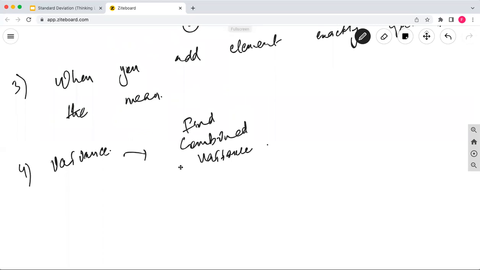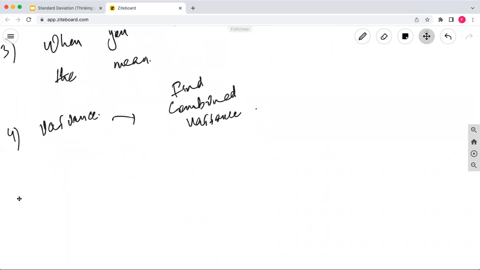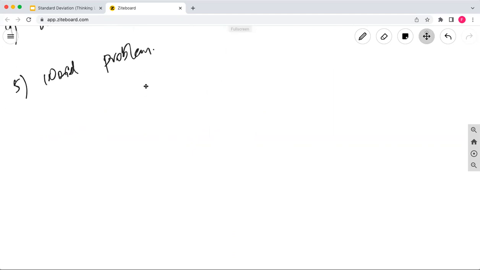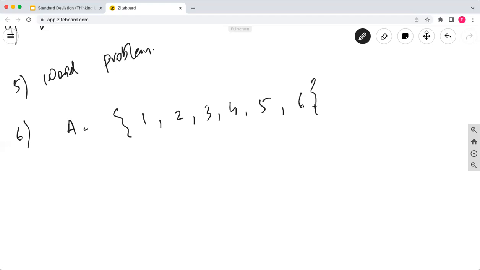Okay, and the fifth one was in the word problem form. And the last thing, which just came in one of the student exams, and for that you need to think yourself. I'm just giving you an idea about that. The thing is, you are, for example, provided with this data set 1, 2, 3, 4, 5, and 6. And if I say its standard deviation is x, for example, we don't know, just consider this x. If I say that if I add